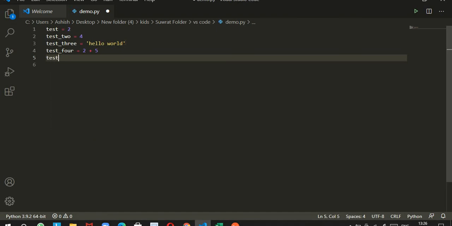You can name these variables anyway. Variables are something that stores information, and in Python you can name any variable. Like you can also name hello world equals something. You can also name python bot equals something. So let's just say test 5